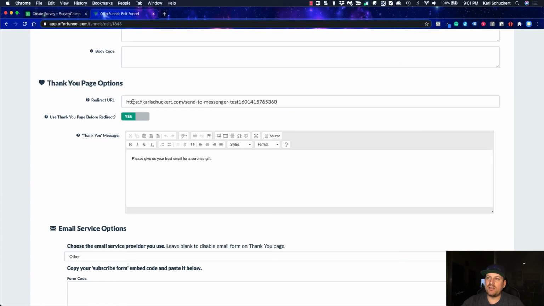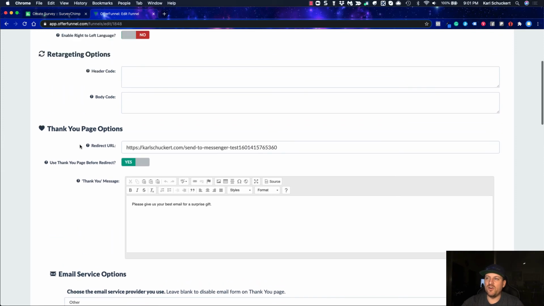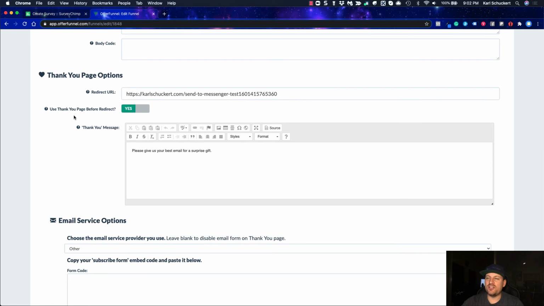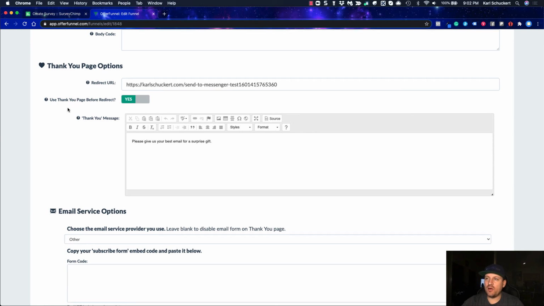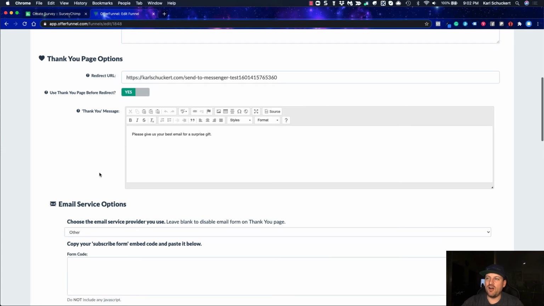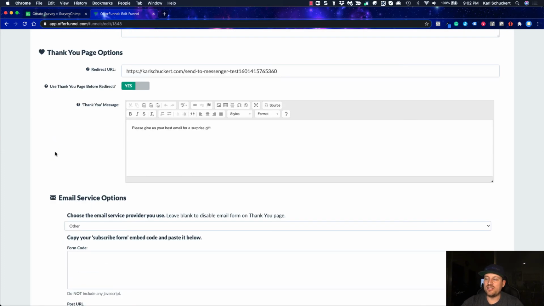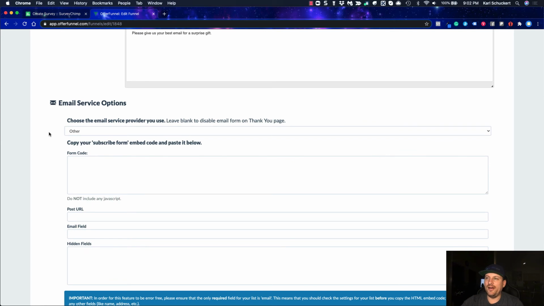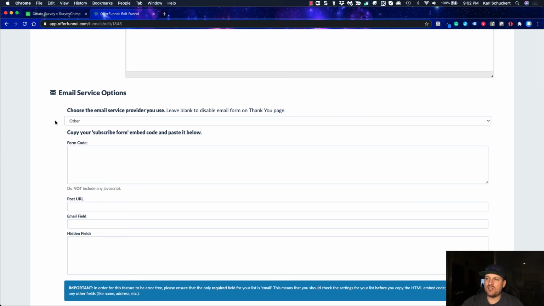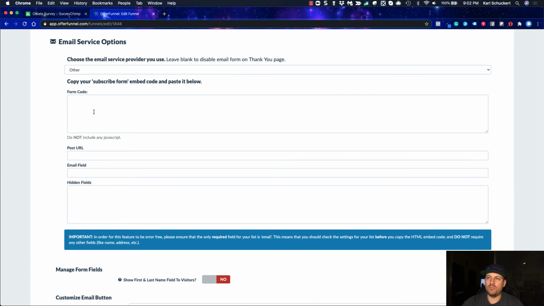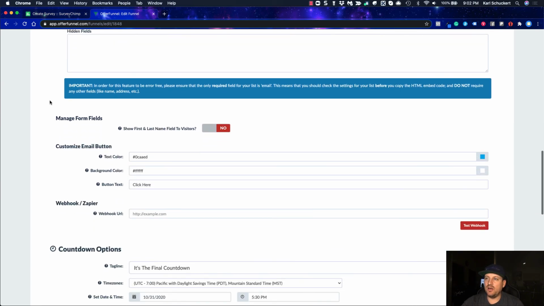If you want to redirect your thank you page to something else, you could have it redirected to a different thank you page versus it sort of having its own. And I'll show you that in just a second too, on how that works. Let's see here, use thank you page for redirect, yes, or you turn it off. This is like a little message that's on that last page as well. You can have email, you can connect to a lot of emails, but you've got to use the form code that you get from whatever email connection provider that you want to use.